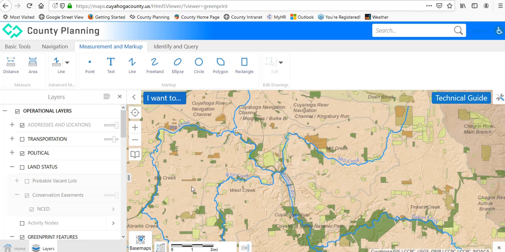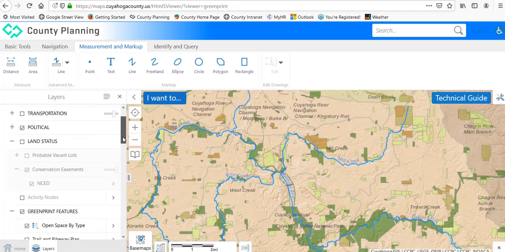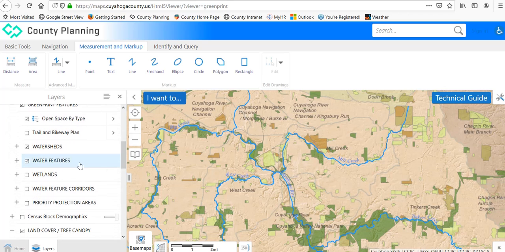When making a map, the layers matter. Any layer which we have selected will appear both in the map and the map legend. Turn off any layers you don't want to display and turn on any layers you do. For this demonstration, to make our map, we'll deselect or turn off the watershed layer